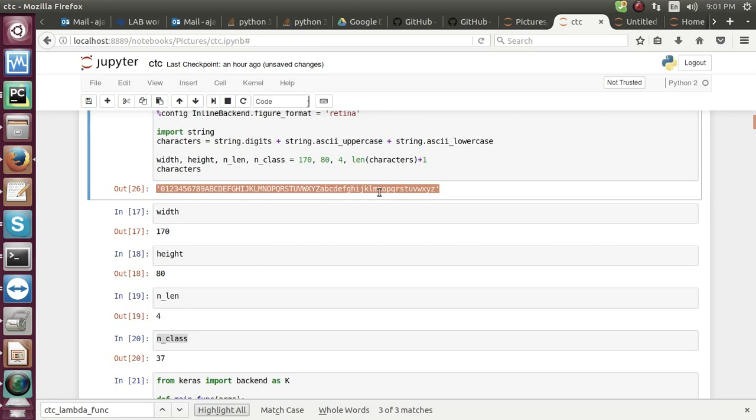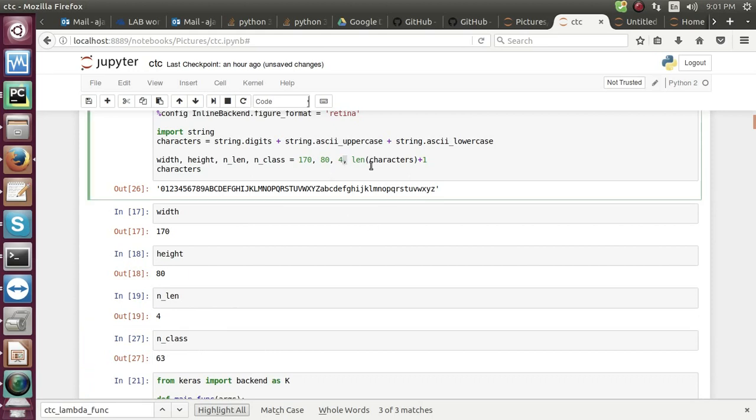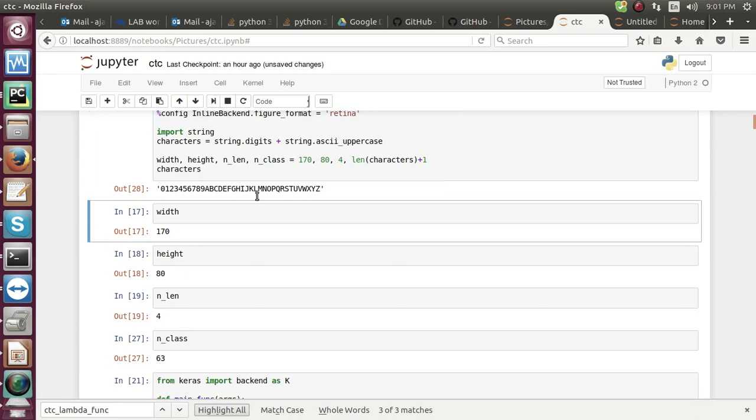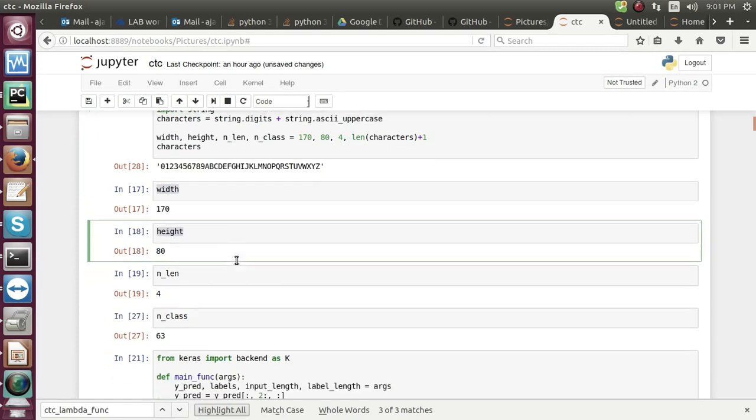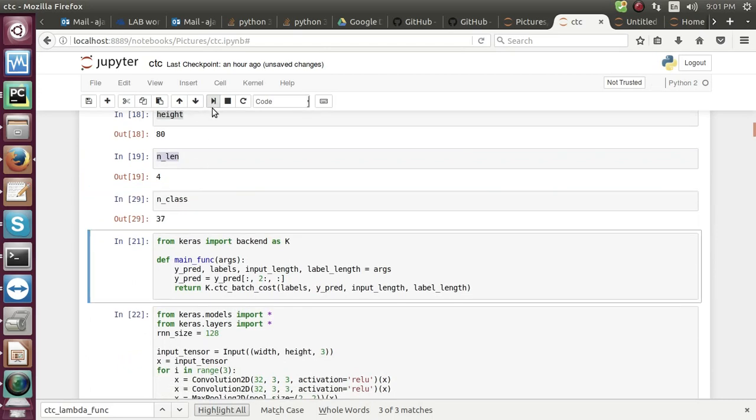Now lowercase also gets added, and the number of classes will also change. If I run this block and print classes, now the number of classes has changed to 63. We can also change the captcha, but as this model is for 4 characters, let me get back to the model. The width is 170, height 80, length of character is 4, and number of classes is 37.